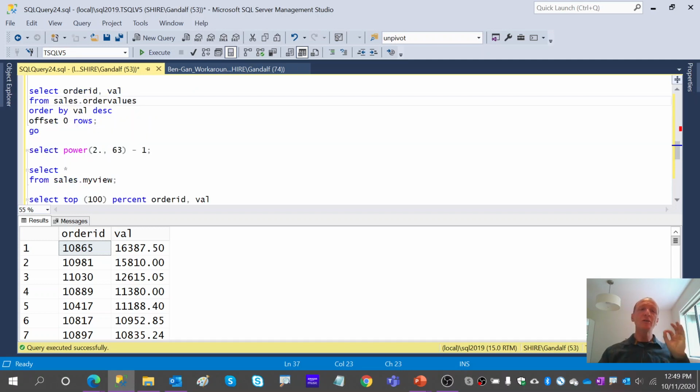So as long as you remember this very simple rule, there's one and only one way to guarantee data will come back ordered, never mind if it's from a view or anywhere else. You need an ORDER BY clause in the outermost query, period. It's really as simple as it sounds, okay?